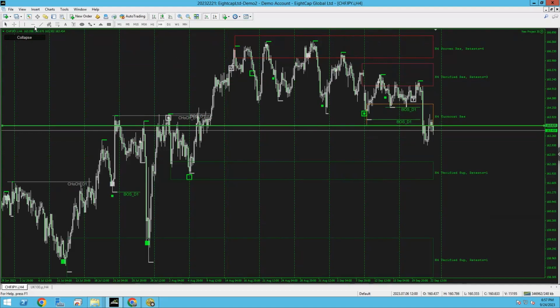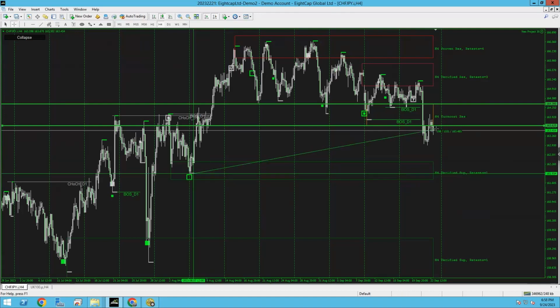You enter right there. You got your stop loss just above here. Yep. So your entry is at 163.620. Your stop loss is at 164.380. And your take profit is right down here, the liquidity low. Boom. So this is a possible 150 pip sell trade. We will see if it continues. But this is it right here.